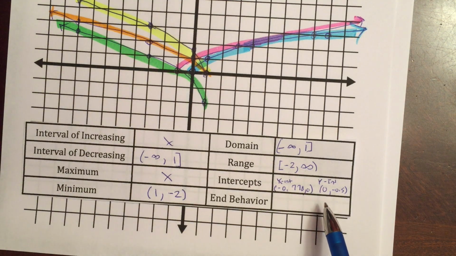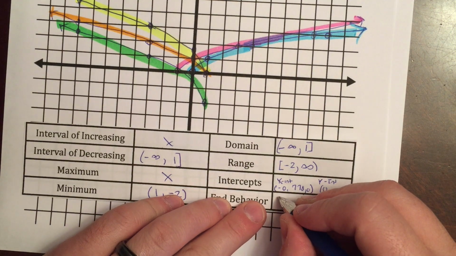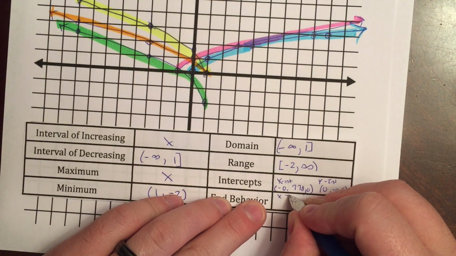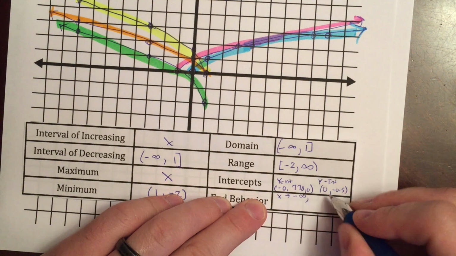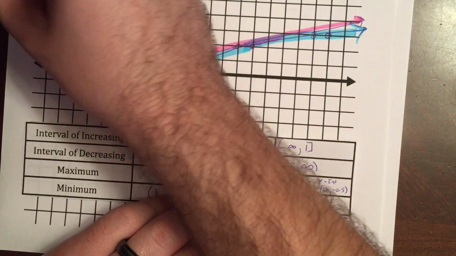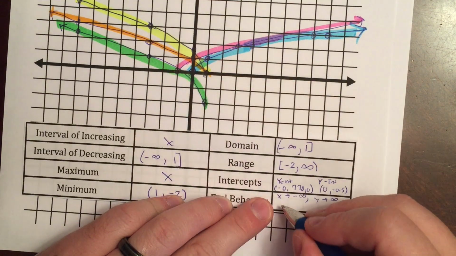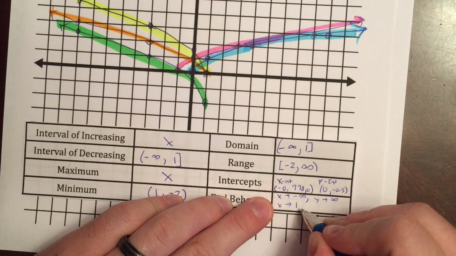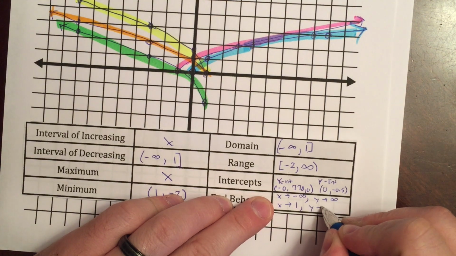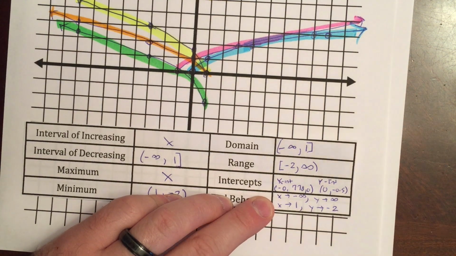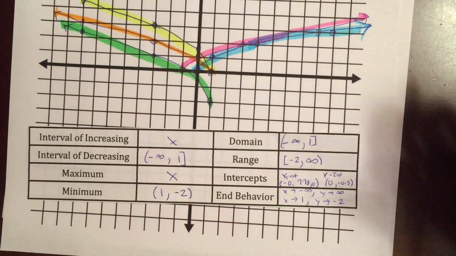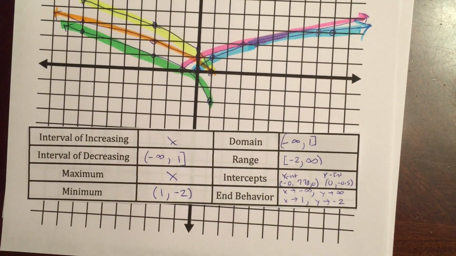which is (0, -0.5). As far as our end behavior goes, as x goes to negative infinity, y is going up, up, up, and up, away to infinity. As x is going toward the value 1, y is going toward the value negative 2. So that's how our different key features change for this function after we transformed it from the parent function, aka